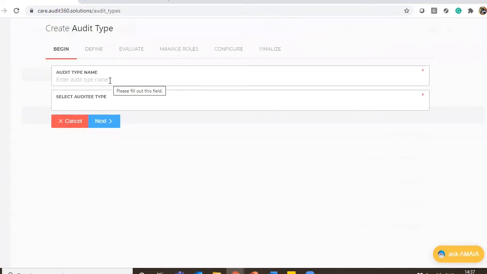Whenever you are creating an audit type, we should always keep a structure ready. What should an audit type have? How should the audit appear? How should an audit, once executed, flow to an auditor? Once the auditor submits, to whom should it be sent, whether it has to go to the auditee for sign off or not? And once there is an issue closure, who will close the issue? What should be the TAT? All that structure has to be thought through before we create the audit type.